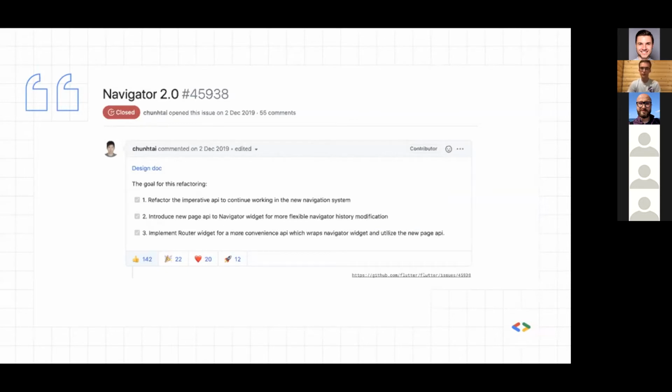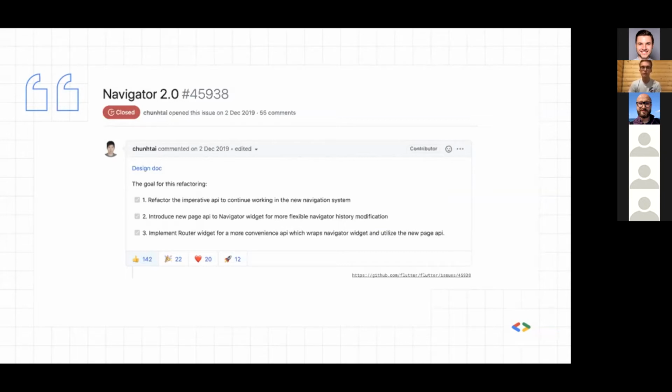Last year, this new design document was posted on GitHub. It's been a long time in the making, and finally, almost 10 months ago, we were able to see what the Flutter team's plan was, what the Flutter team's take on the new navigator was. The issue has been closed recently, as some parts of Navigator 2.0 started to land first on the master channel and now on the stable channel.